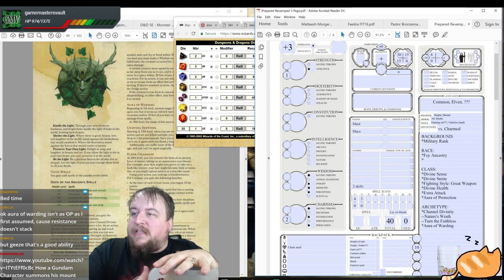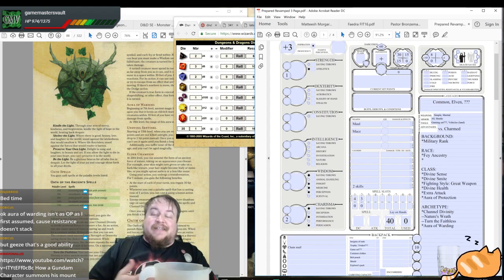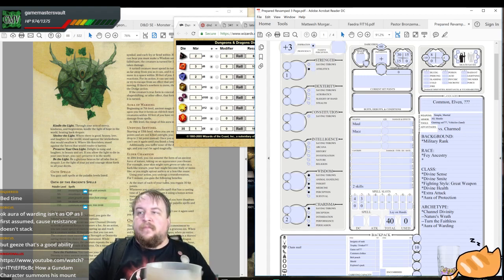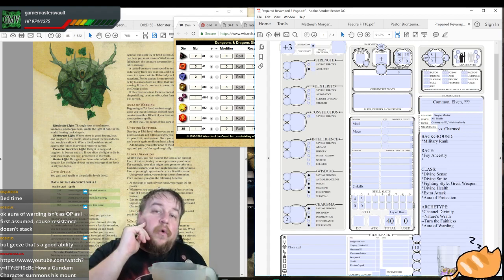Okay, Aura of Warding isn't as OP as first assumed because resistance doesn't stack, but geez, that's a good ability. Yeah, it is, Bobicus. At 7th level, all magic damage is just halved. Whew. Plus, don't forget too, Bobicus, when that stacks with Aura of Protection and your party is getting bonuses to save,